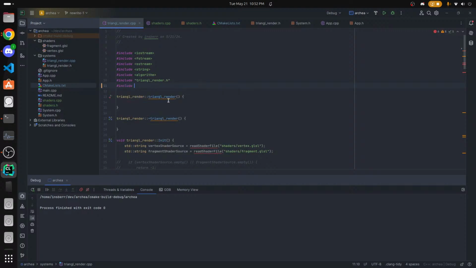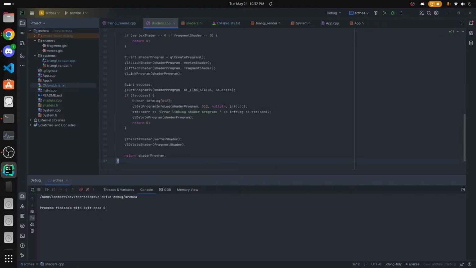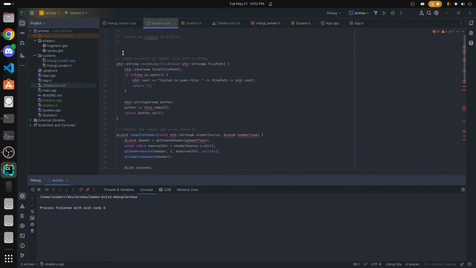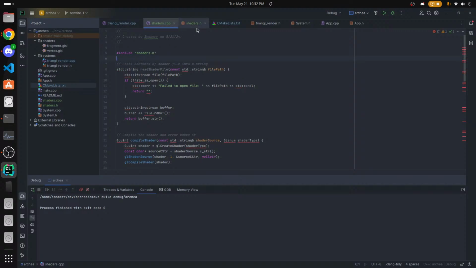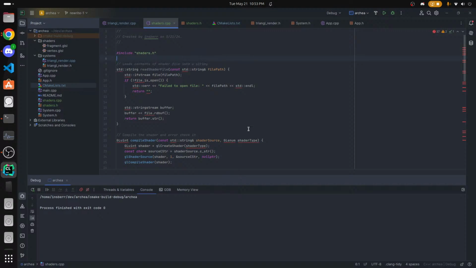Include shaders.h, and then in shaders C++, we will include shaders.h, and then shaders.h we will probably